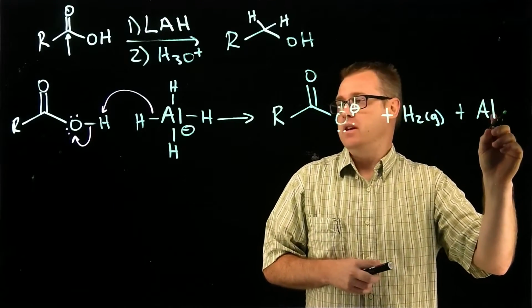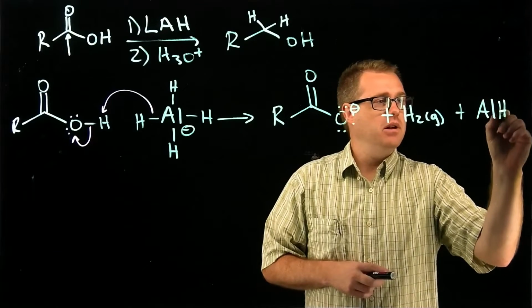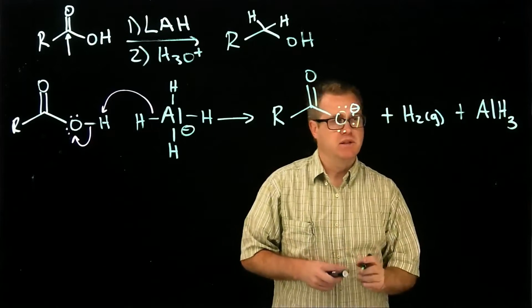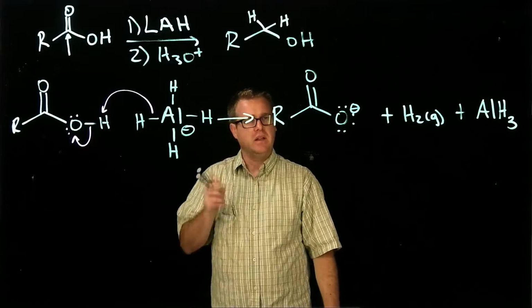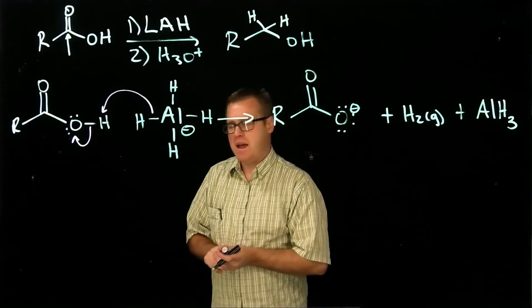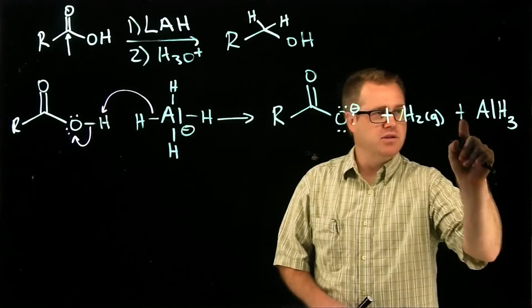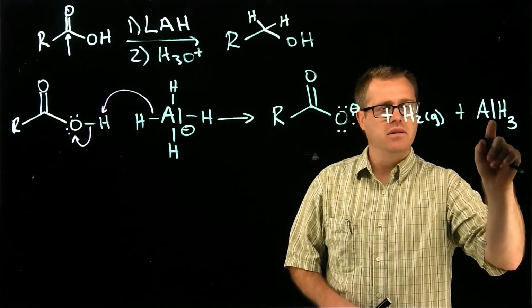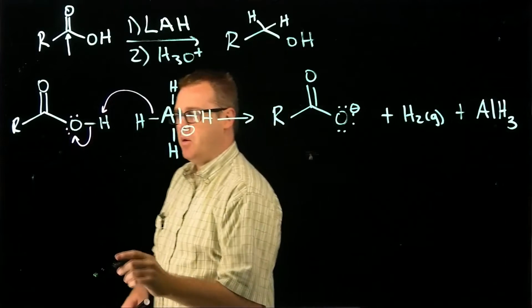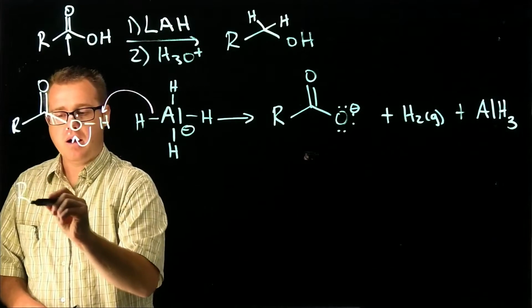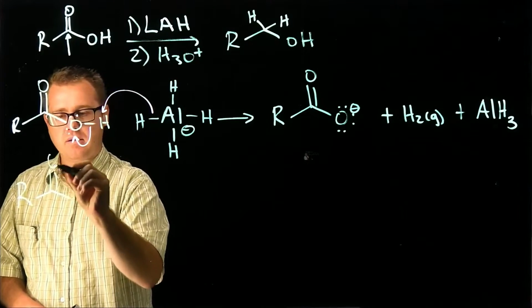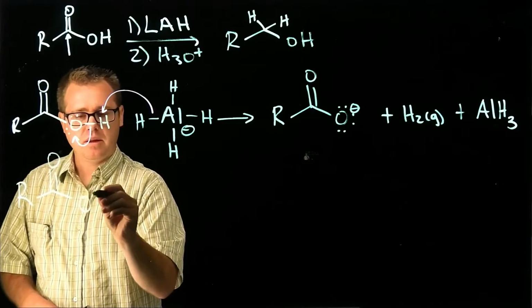And then you have the aluminum species right there. So the next part of the mechanism is going to use this piece right here to get us to where we need to go. So if I redraw the carboxylate like so,